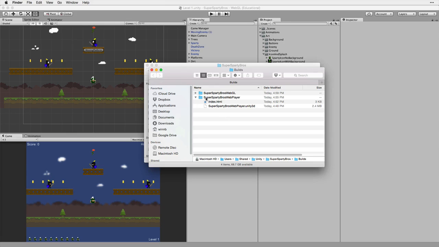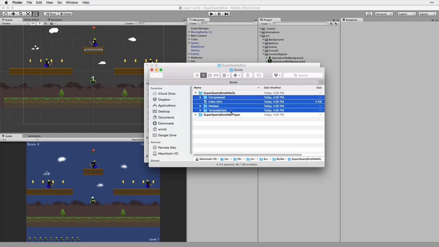And my build is done. You can see in my builds folder, I've got, of course, the web player version, which I created previously. And now I've got my WebGL version. You can see that this created an index.html file as default, and it's got various subfolders. The entire contents here is what I would upload to my web server if I was deploying the